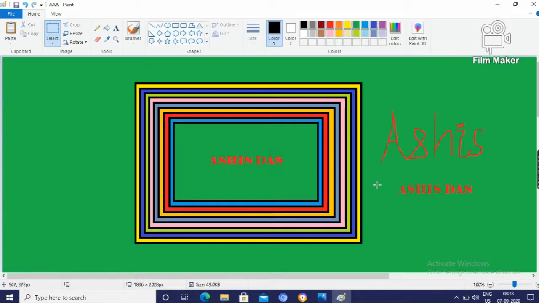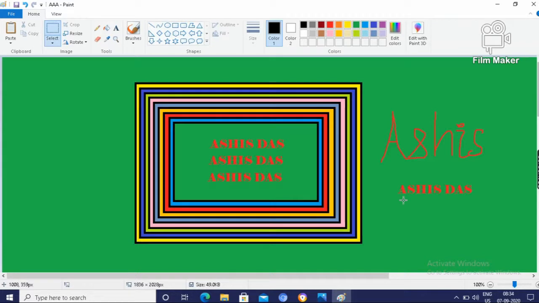Again I will show. Copy, Ctrl plus V. Copy, and then drag, which means you have to click the left button and, pressing the left button, drag it and drop it here. Again I will show. Ctrl plus V is paste, then move the pointer and drag and drop it as per your requirement.